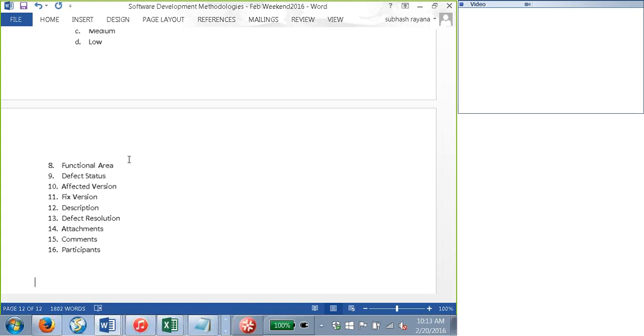meeting with the testing team, and you will let them know that okay, the whole application is divided into these functional areas. So if you find a defect in login, put it under login. If you find a defect in transfers, make sure you put it in the right bucket, because we have internal transfer, we have external transfer, we have international. So they have to put in the right functional area, because the reason why we have to do it is,